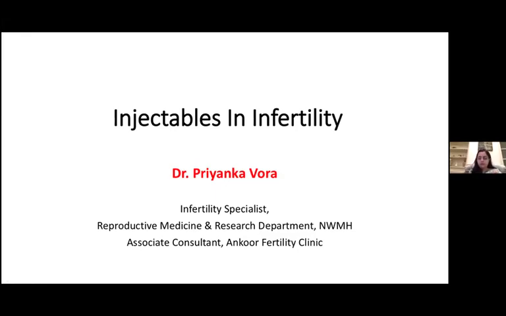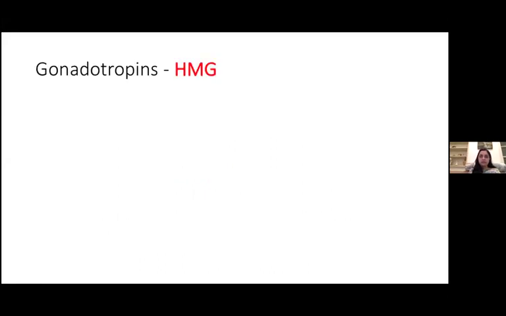Okay. So today, Dr. Kedar sir could not take your lecture, so I think I will cover injectables in infertility for you all. I have 5 basic drugs that I'm going to be covering. My first drug will be the human menopausal gonadotropin. Then I will be talking to you all about FSH. Then the third preparation that we will be talking about are the GnRH analogs, which will include the leuprolide and leuprolide depot. And then I will be talking to you all about the GnRH antagonists, which will include cetrorelix and ganirelix.